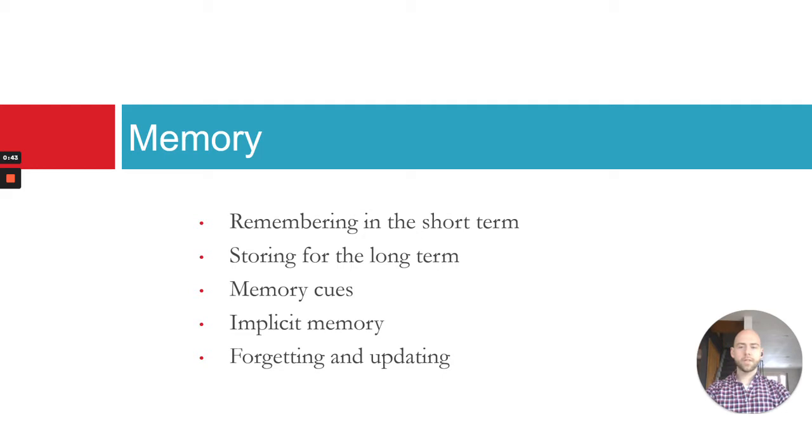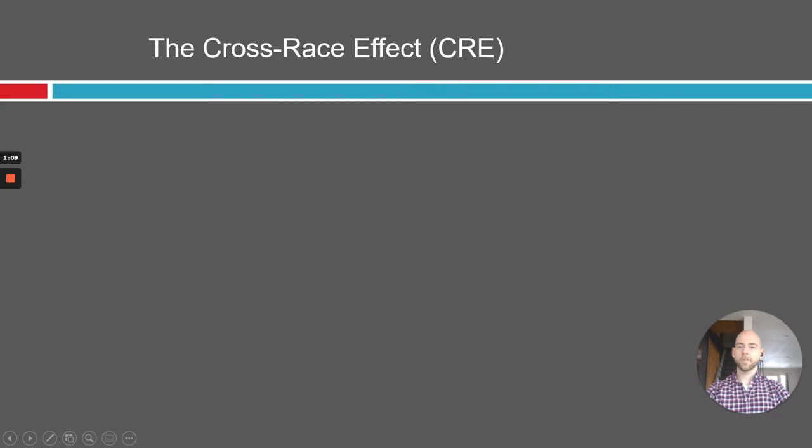When I start this unit, I like to try to drive home the importance of studying memory and all of the processes involved, because it should be obvious that memory is important to human behavior and functioning and survival. It's how we remember the things that we've learned and how we have access to the information that makes us us, more or less. But it also has some more complex effects. So I do like to start out just by talking a little bit about an area of research that I'm involved in that has to do with something called the cross-race or other race effect in eyewitness identification.